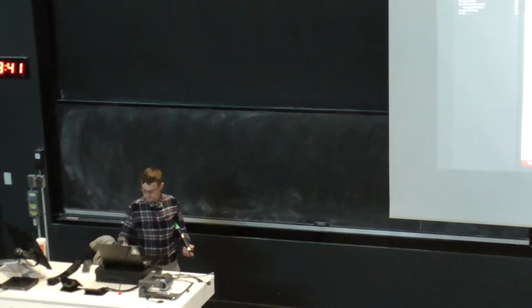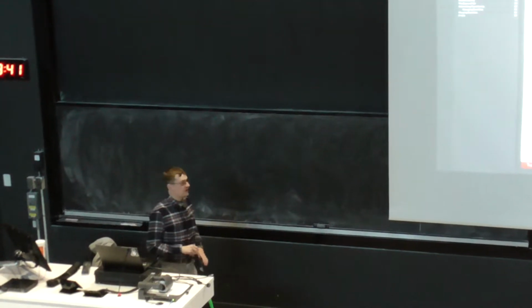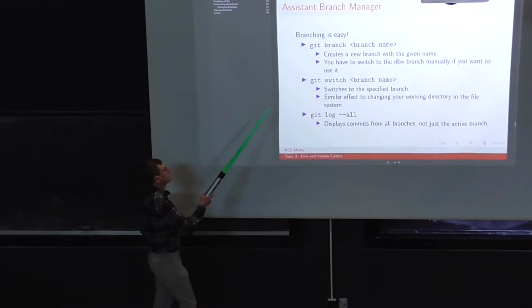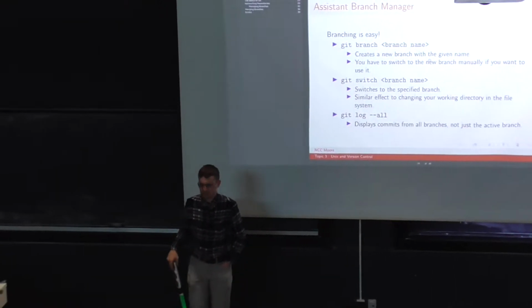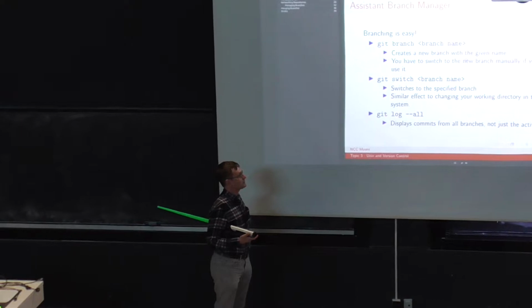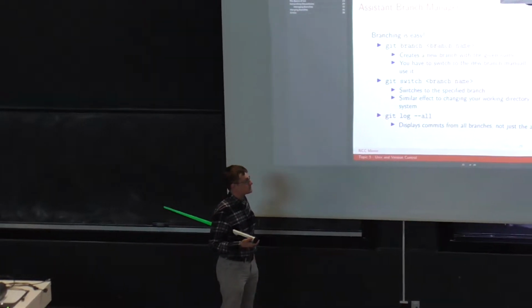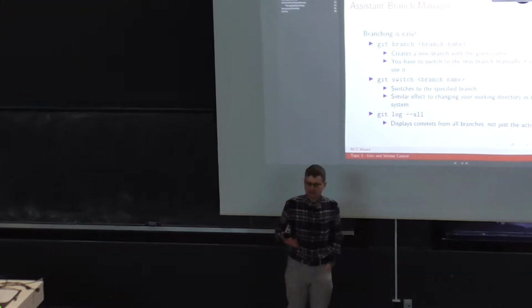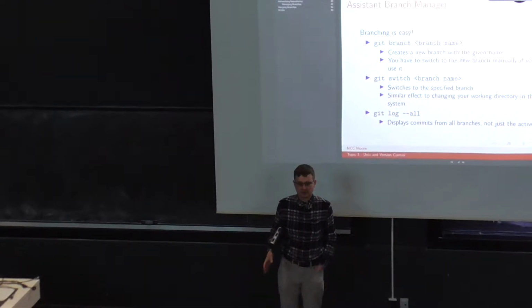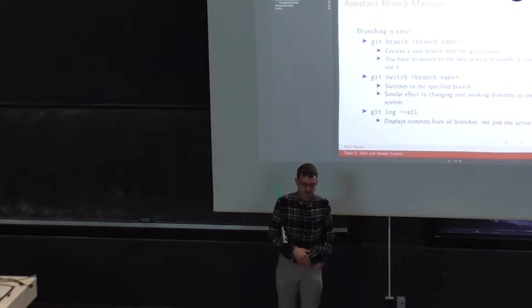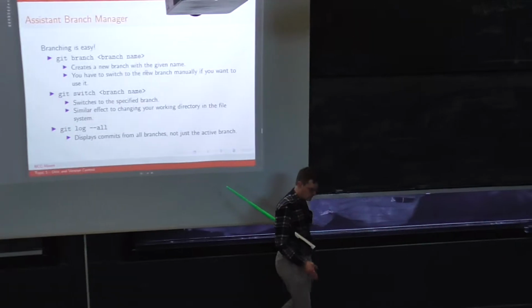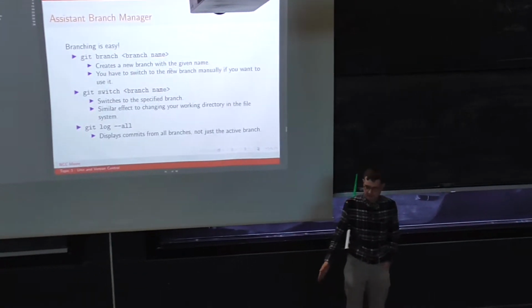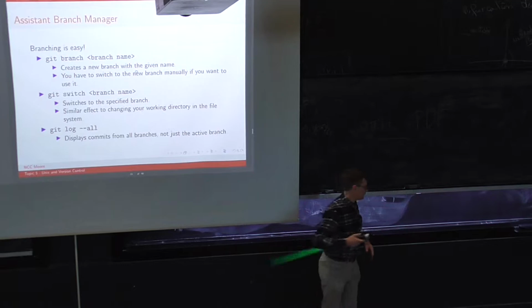So, branching is easy. To create a new branch, you use the command git branch and you select the branch name. The branch name should be informative. This creates a new branch with a given name. You have to switch to the new branch manually if you want to use it. So it creates the branch, but it doesn't put you in the new branch. You'll still be in the source branch. And whatever branch you're in at the time that you make the branch, that's the branch you're branching from, if that makes sense. Like, for example,